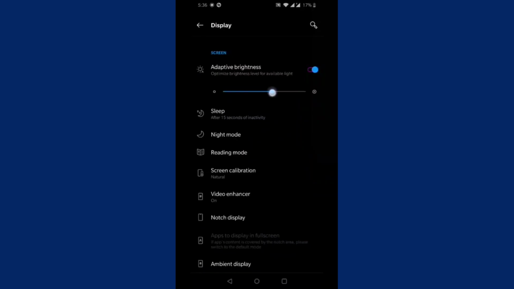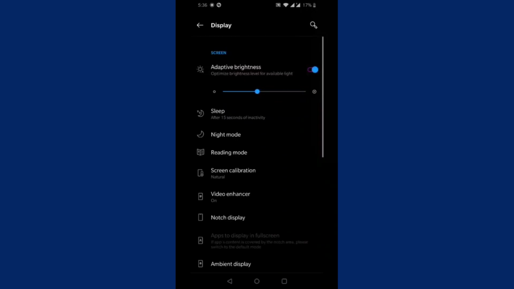If you require more precise control over your brightness settings, navigate to the Settings app on your device. Once in Settings, scroll down and select the Display section. Here, you will find options to enable or disable adaptive brightness, along with additional settings that can help you fine-tune